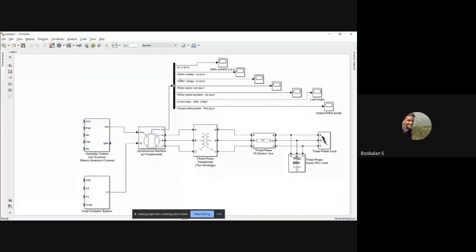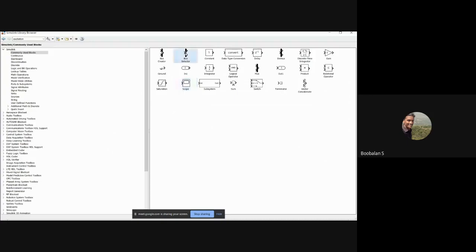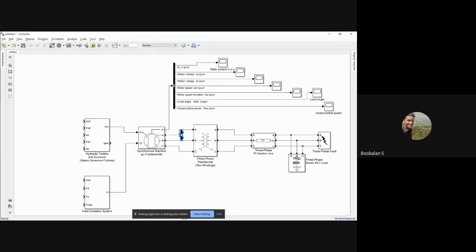In the data we feed, for that purpose I need one more bus selector. Just create one more bus selector from the common list block, and it will be stored here. Just use it over here. Just rotate it like this. And I'm just going to take the input from over here and connect it over here, right?